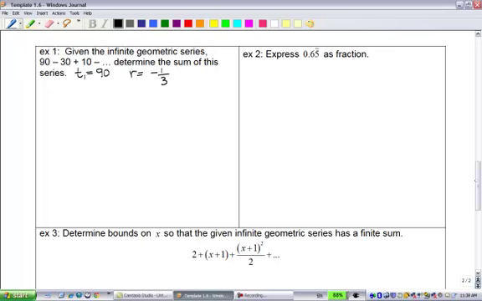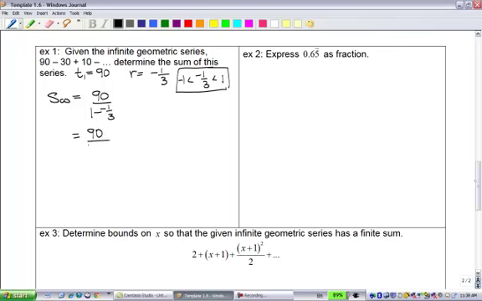It's an alternating series. That negative 1/3 is between -1 and 1. So that's like a little check we might want to do to make sure that it's a decaying series. If that's the case, we can figure out the sum of this series, the infinite sum, by plugging in 90 over 1 minus -1/3,